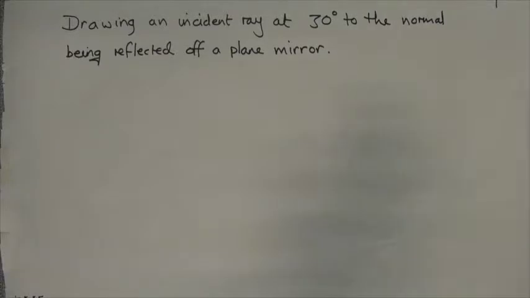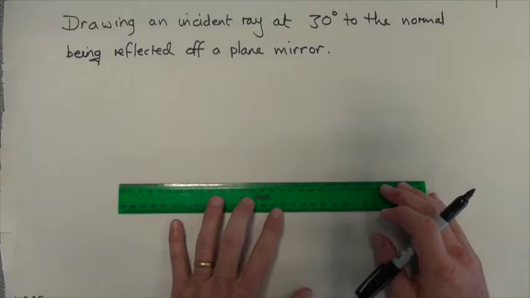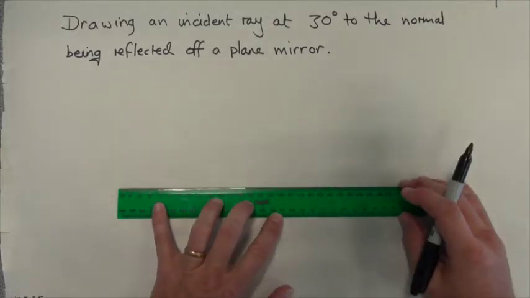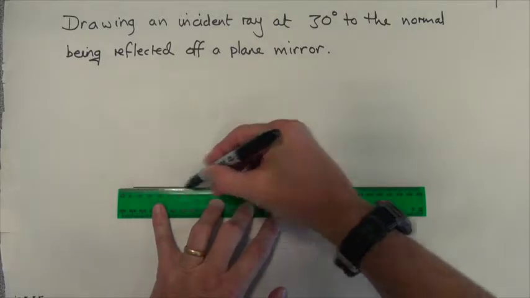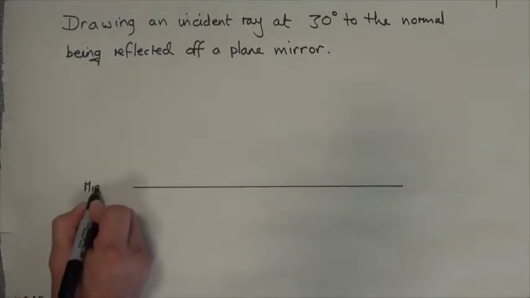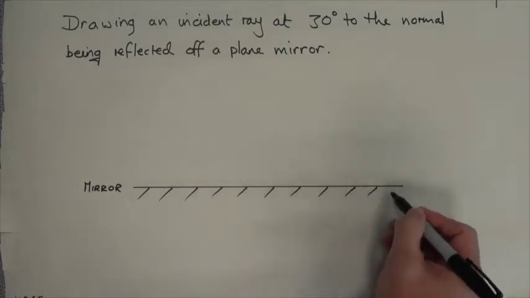To draw the template, basically what we're going to do is start off by drawing our mirror. Now our mirror is going to consist of a horizontal straight line. So there's our horizontal straight line, and we're going to label it mirror. And then alongside I'm going to put some hatched lines to show that it's a solid background so nothing can